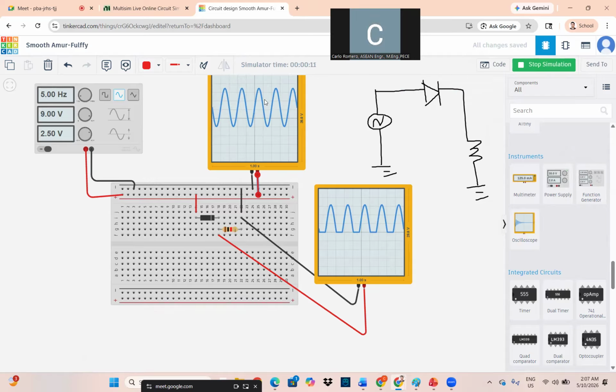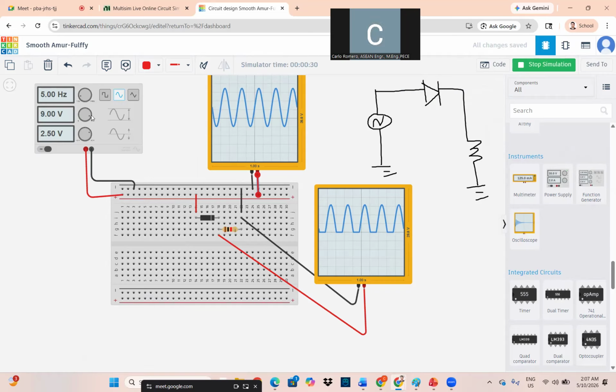So this is 9 volt. If you will check it, that is 9 volt. Okay, 9 volt. That is the amplitude or the peak voltage here. Okay. So if you will count 4, 6, 8, 9.